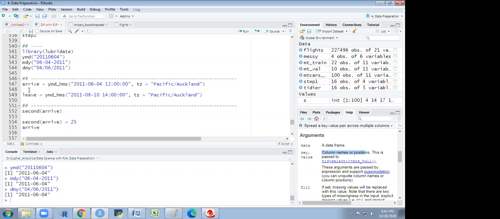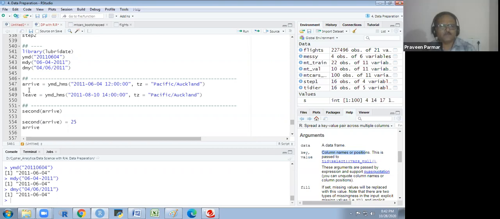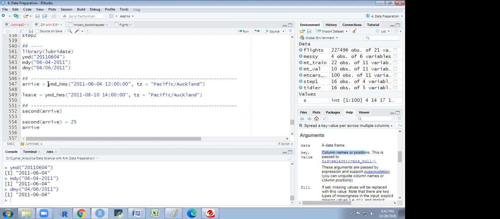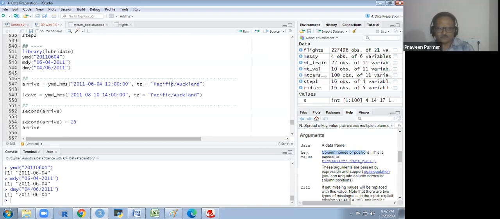Now I am giving you some more things. Sir, I have one doubt. Suppose we have a timestamp data column. Can we extract the date from it? Yeah, you could extract the date from it.